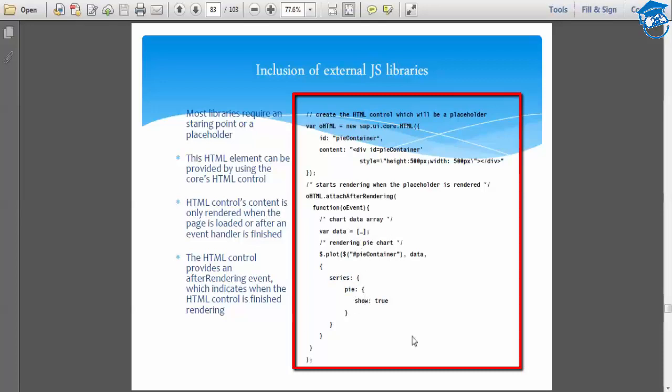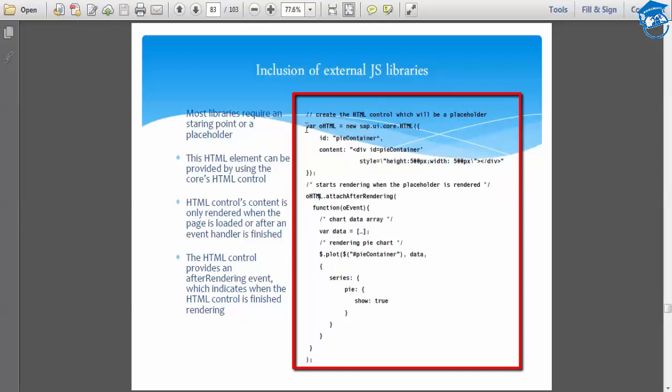Okay, you can do it like this. After rendering only, you can do this when you are extending an existing control. Similarly, if you are starting a new control, it will be a similar format only. It will be OHTML, and then on after rendering you'll write it.